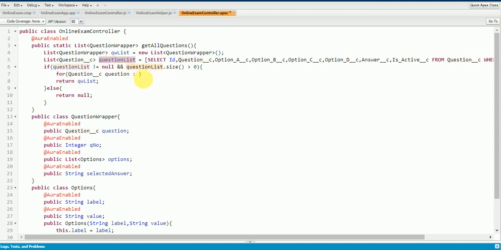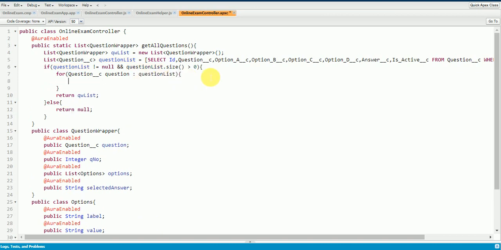Inside this for loop, I'm going to create another instance of question wrapper, which is a single instance, not a list. After creating that instance, we have to add it to our list of question wrapper.